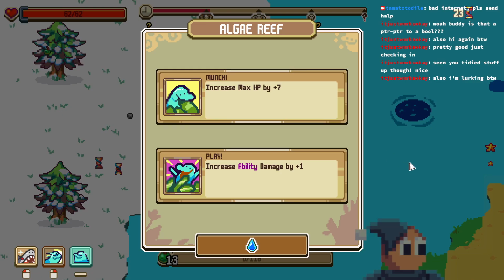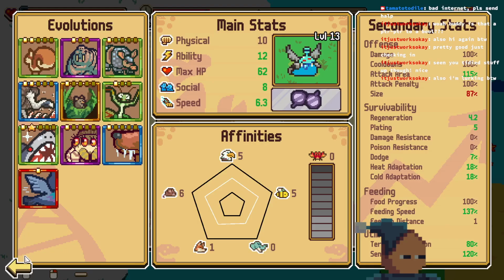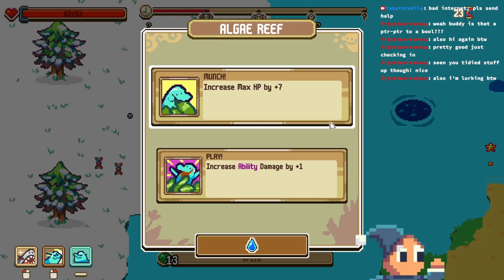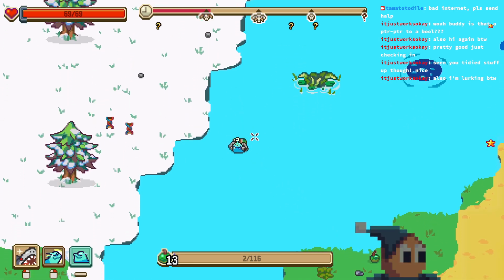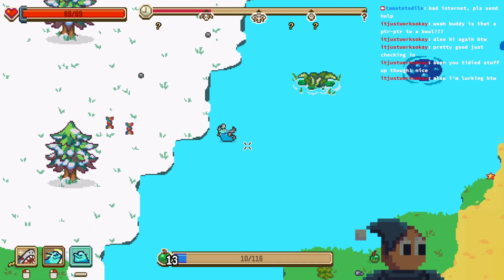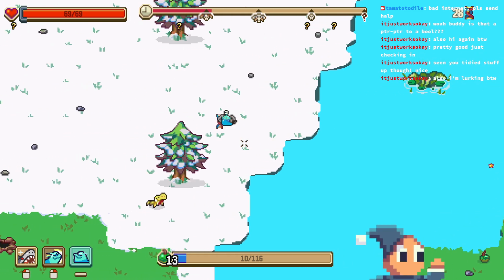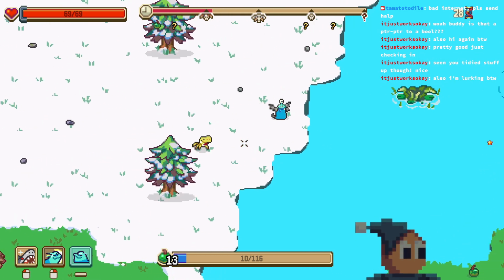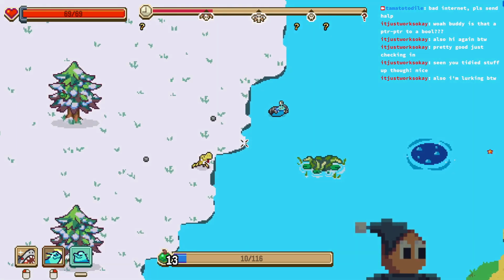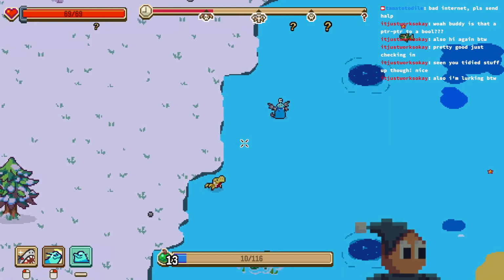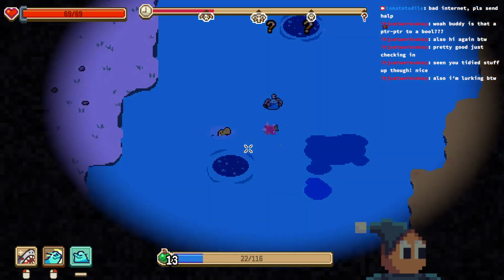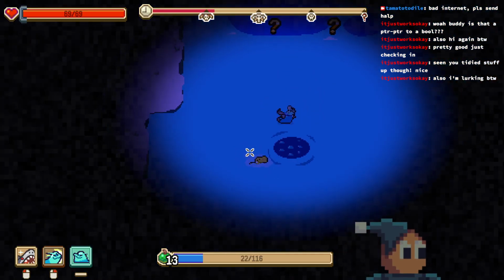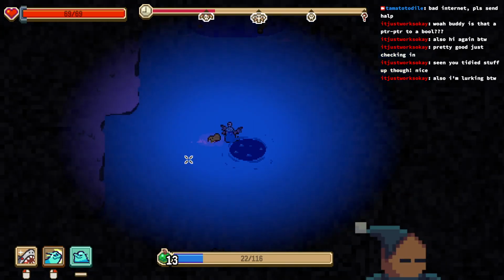Ooh, max HP. Right. Jaws is physical. HP. If we get body slammed, that would be really good. Oh, but we eat so slowly. Run away! Stop chasing me, bro.